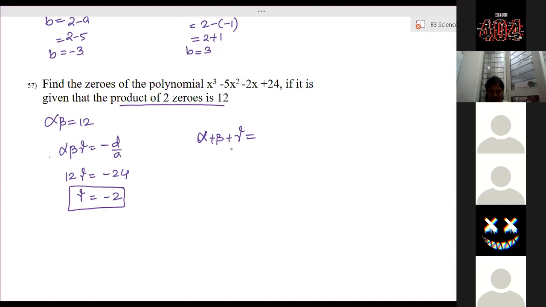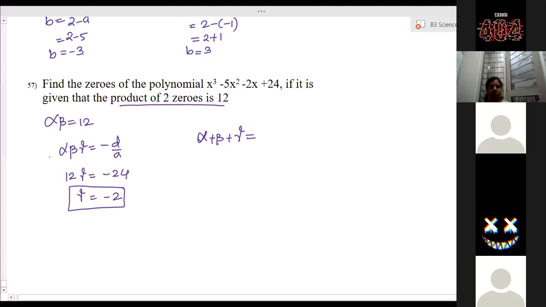Vaibhavi, are you there? Yes, ma'am. You don't know what alpha plus beta plus gamma is? I just got confused. What's the confusion after solving so many questions? I told you all three relations. That means you are not working at all. If you don't know this relation, that means you are not learning. You are only sitting in front of it, or it might be you are not sitting also.